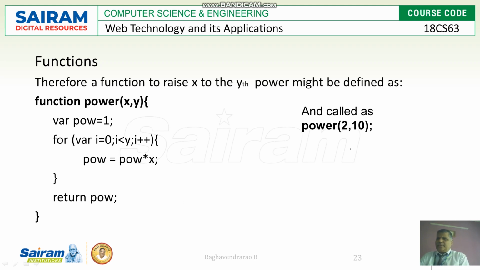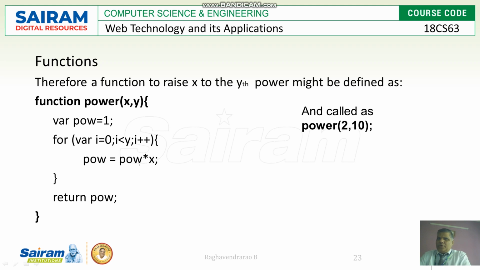For example, consider only 2 comma 2. What happens in this? x is 2, y is 2, power equal to 1, correct. Then for variable i equal to 0, i is less than y, i plus plus. What is the y value? The y value is 2, correct. The i value is 0, power equal to power, which is 1, 1 into x is 2,